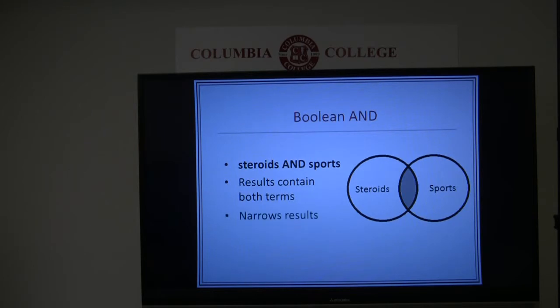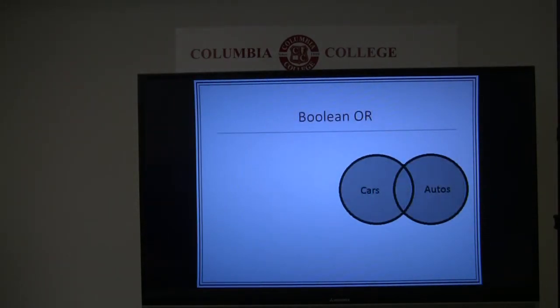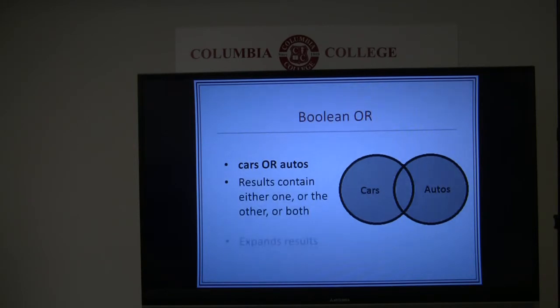And narrows your search results by eliminating items that contain only one of the specified terms. Joining search terms with or finds results that contain either one term or the other or both terms. A search for cars or autos will return items that include either cars or autos or both in the record. Using or is an easy way to expand your search to include variations in terminology.